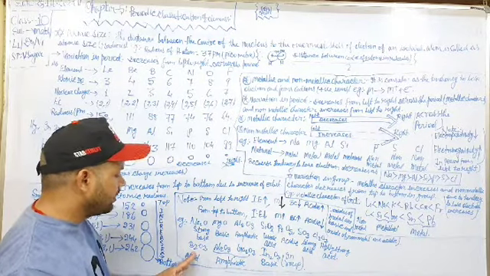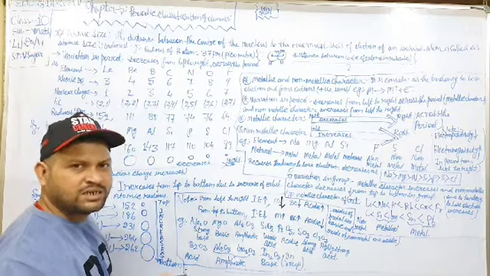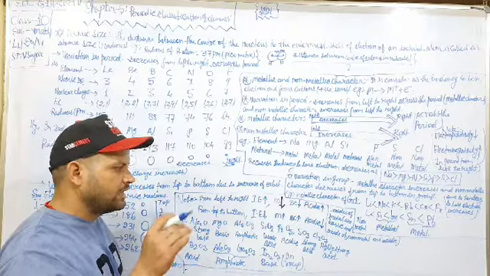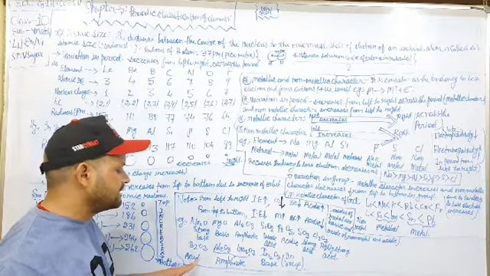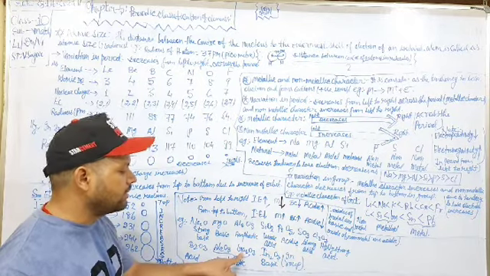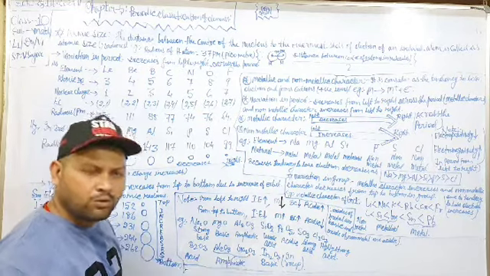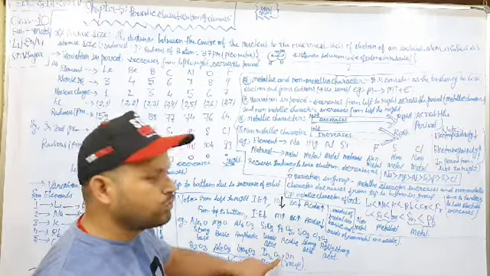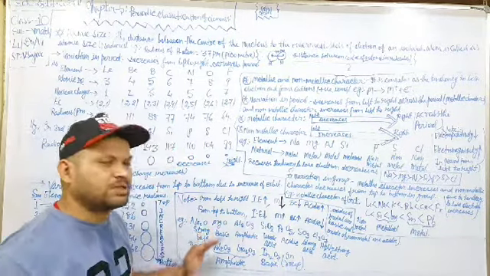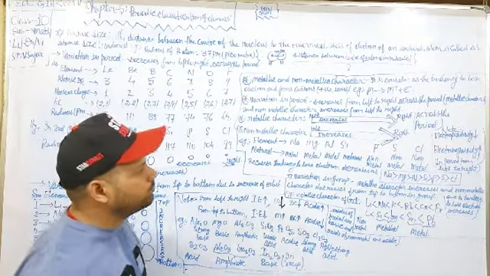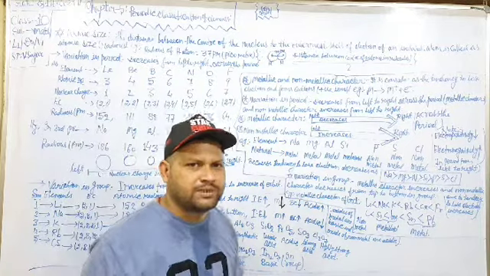And in the group, B2O3 is acidic, and the basic properties increase from top to bottom. So boron oxide is acidic, Al2O3 is amphoteric, and Ga2O3 is also amphoteric, but In2O3 is basic. It shows here basic properties increase from top to bottom. So these are the things we have explained.